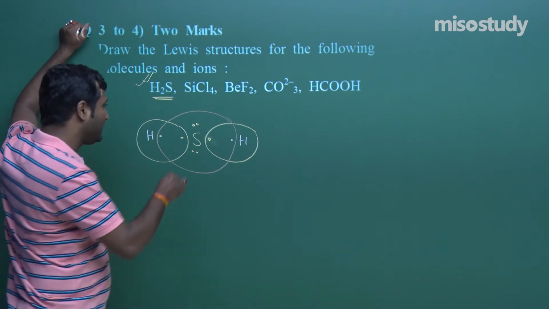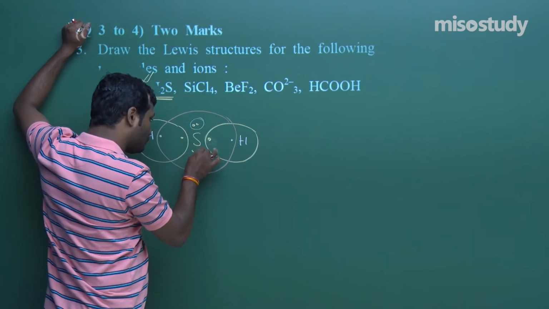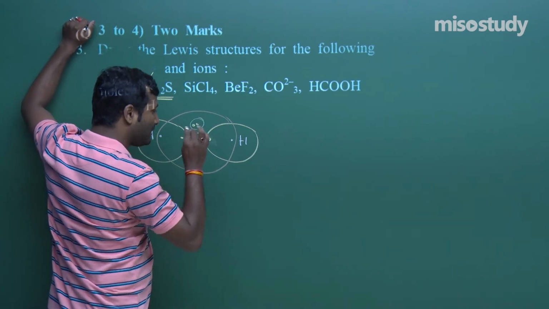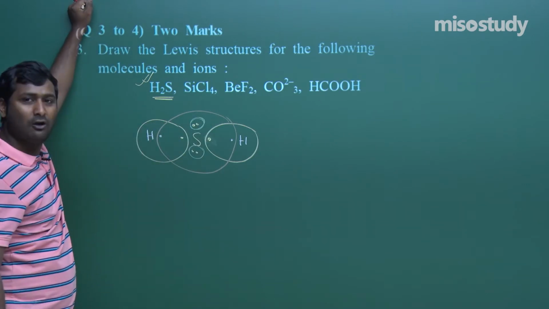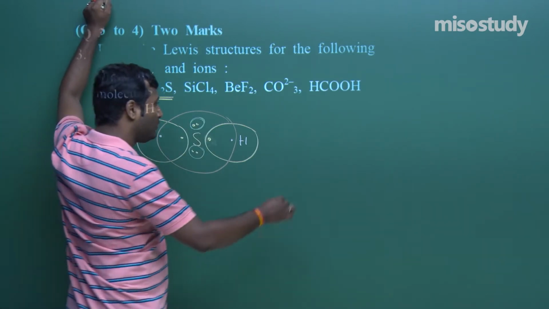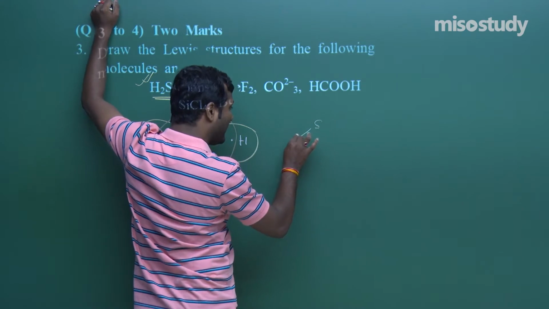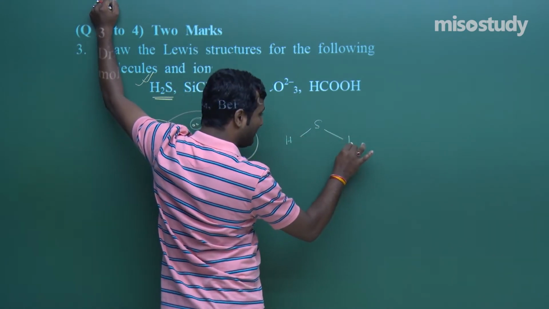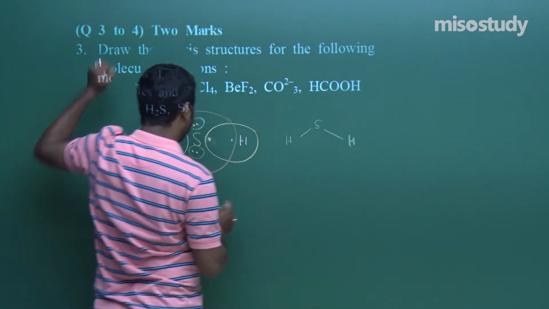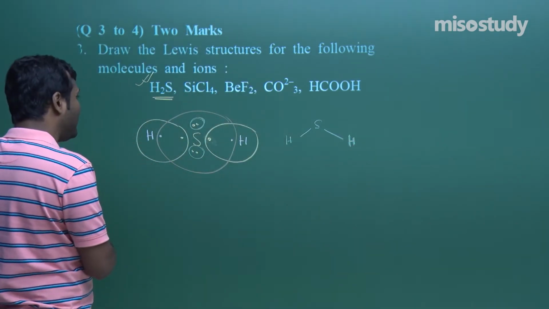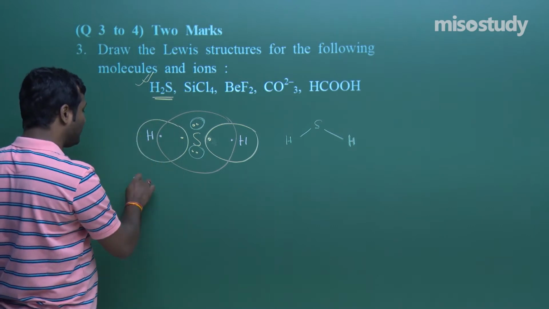But one more thing, in H2S there are 2 lone pairs of electrons. Due to the presence of 2 lone pairs, there is dominant lone pair-bond pair repulsion. Due to this reason, it will have a bent shape like this, H2S. Clear to you? If anyone asks you to find the hybridization in this case, how to find the hybridization?